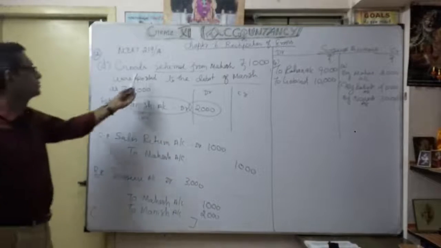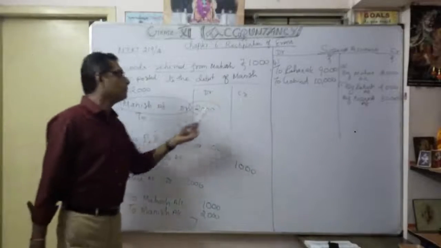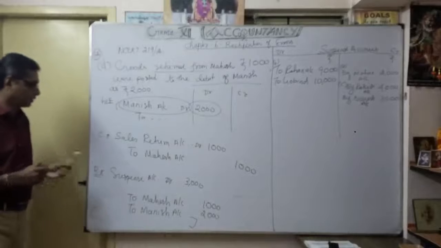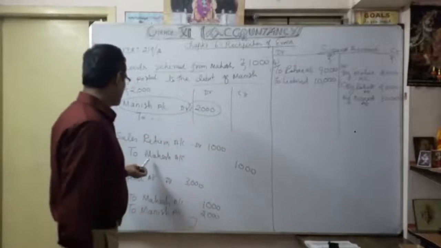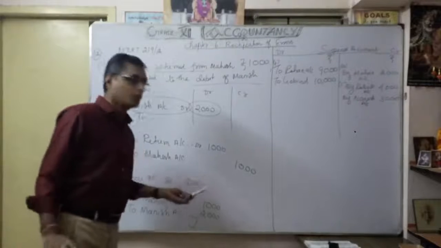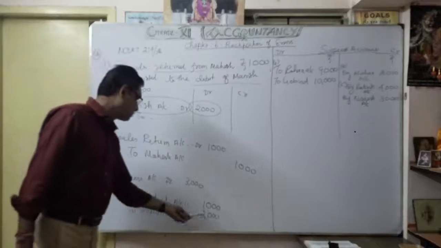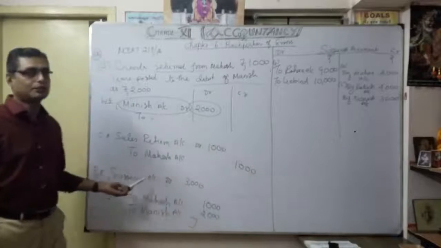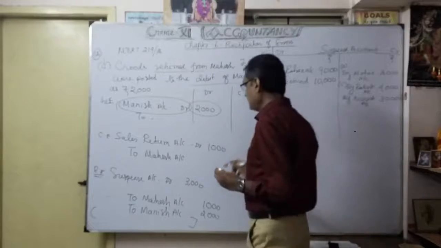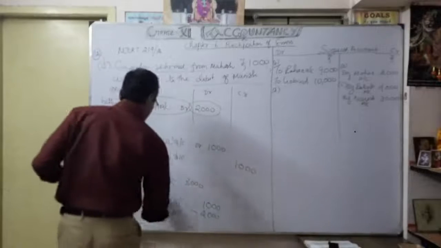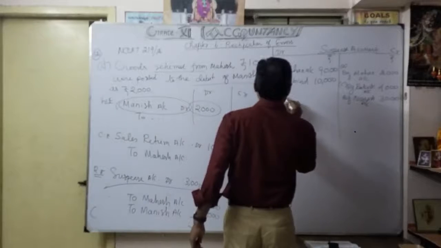Now understood narration? In the same manner you have to write. Goods returned from Magesh 1,000 were posted to the debit of Manish as 2,000. Now understood about this suspense account debit 3,000? How 3,000? As usual, anyway, Magesh, I'm going to do. Yes, now I'm going to rectify. So wrongly debited earlier, now I'm going to credit Manish account 2,000. That's why the suspense account becomes 3,000. Now coming to posting, see posting, this is D. As a suspense account, this is the base, isn't it? Suspense account. So to Magesh account.